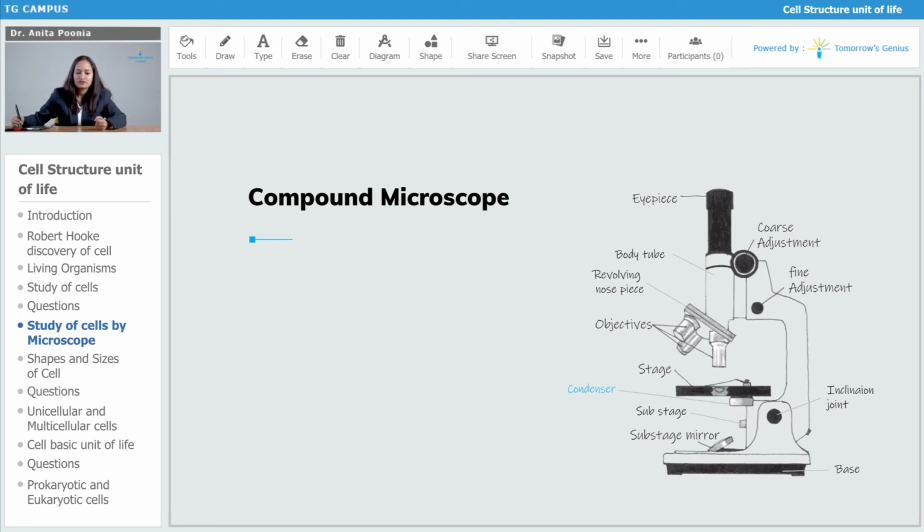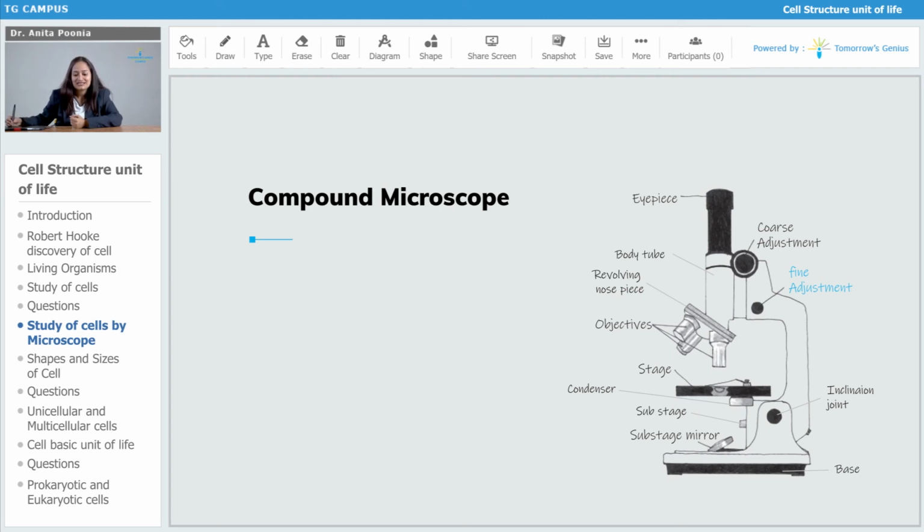Then you have the coarse adjustment knob. The coarse adjustment knob basically helps in the coarse adjustment of the distance of the objective lens with respect to the platform wherein the specimen is kept. That distance is covered to a greater extent with coarse adjustment, so it moves at a greater speed and covers more distance. Whereas the fine adjustment knob moves slowly and covers a smaller distance to give further precision. Once the specimen is roughly visible to you, you can use the fine adjustment to see it perfectly.